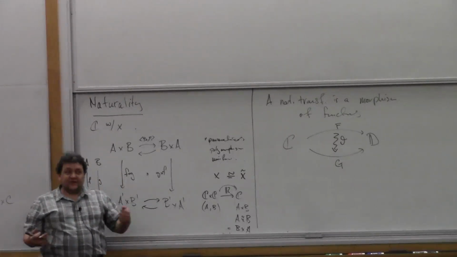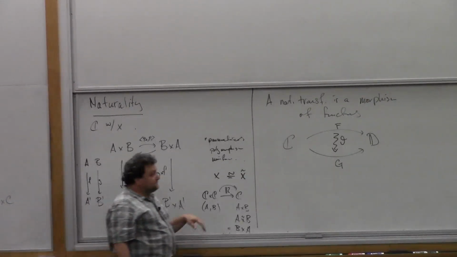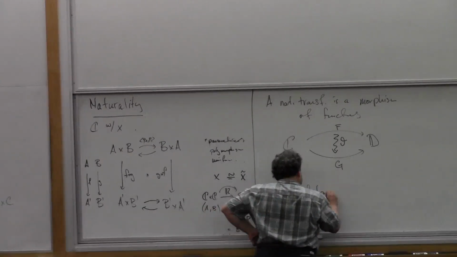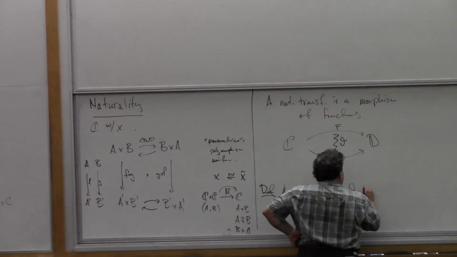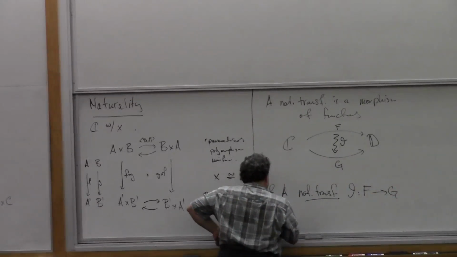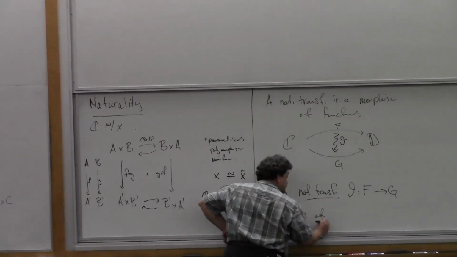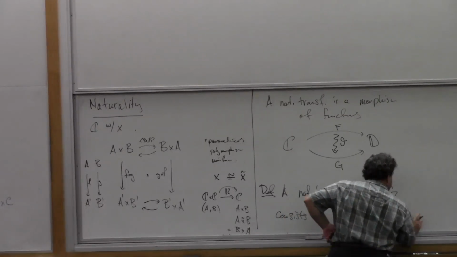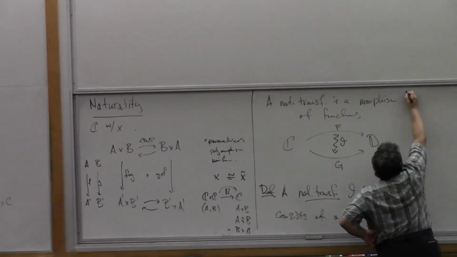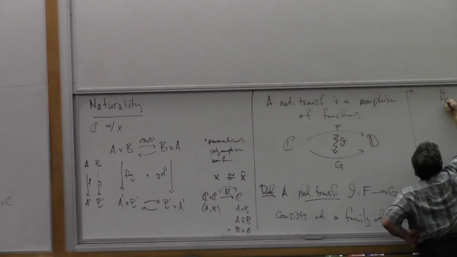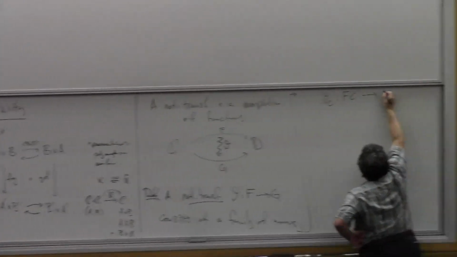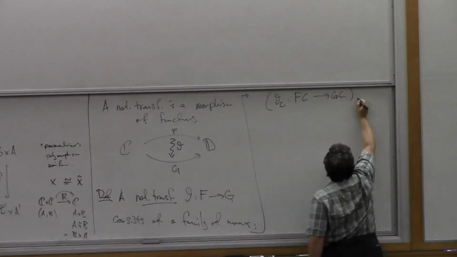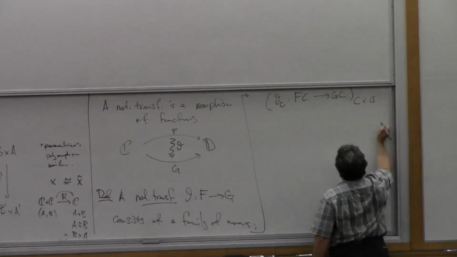And now I can give you the formal definition now that I've showed you kind of what type this thing is supposed to have. So, definition. Theta between two functors like that, F to G, consists of a family of arrows, theta C from F of C to G of C. So these are arrows over in the codomain here in D, one for each object C in C, such that,